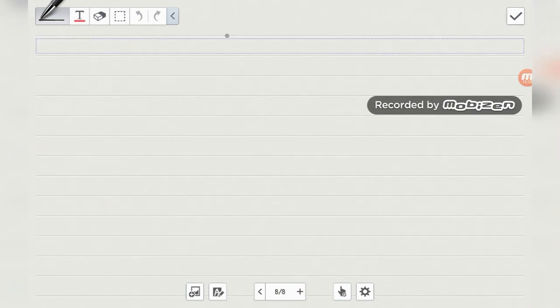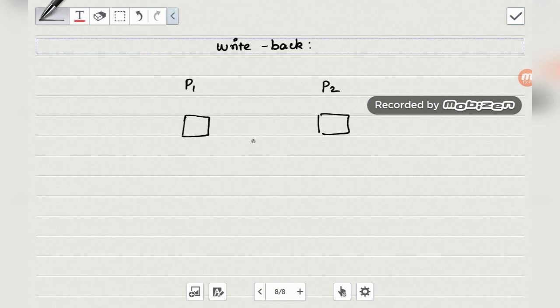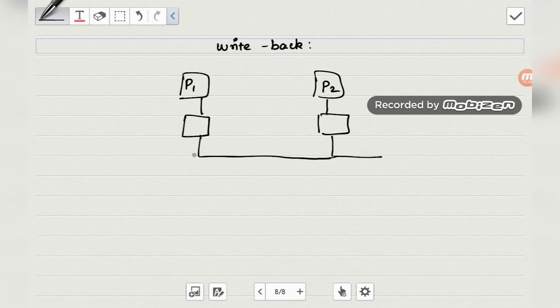What happens in write back? So there is P1, there is P2, there is a cache memory, there is a bus out here, and there is a shared memory, right?